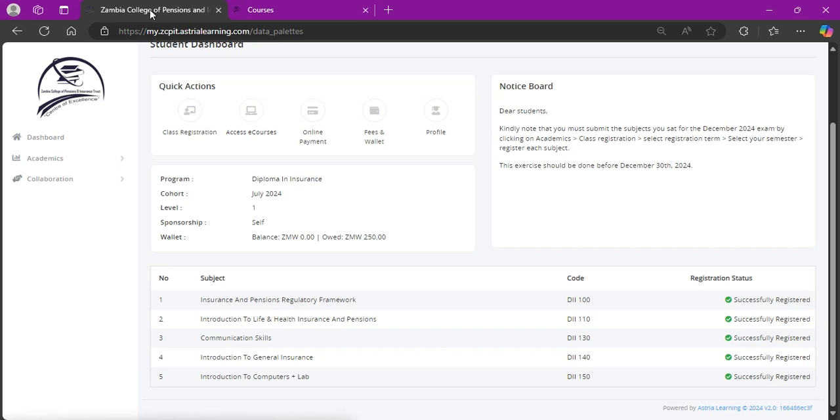Let everyone start practicing now, so that when we start the January registration, everyone on this platform should be able to access their particular subjects that they're supposed to take. If you have any questions, like I've said, you can simply get in touch with me and I'll